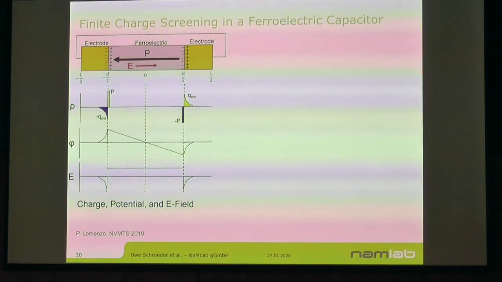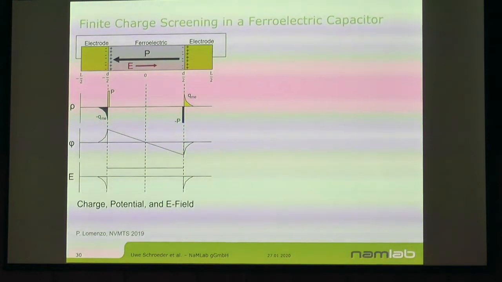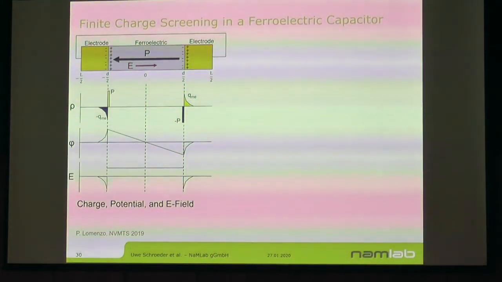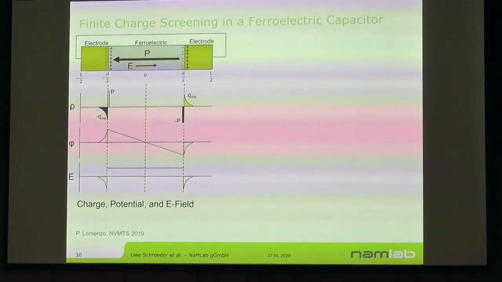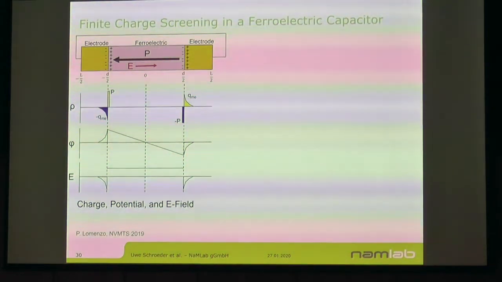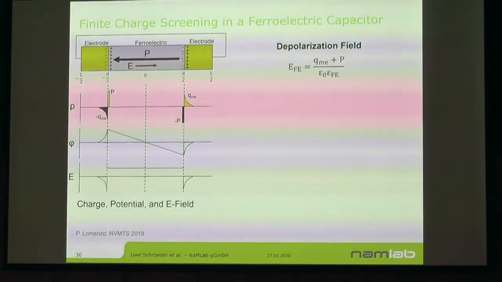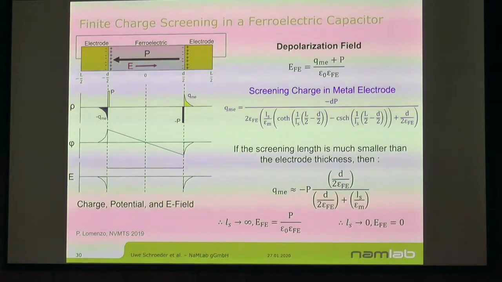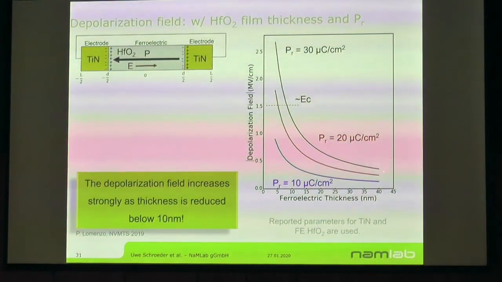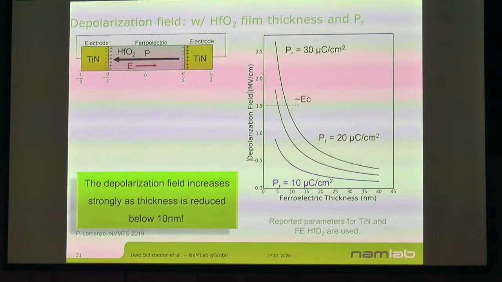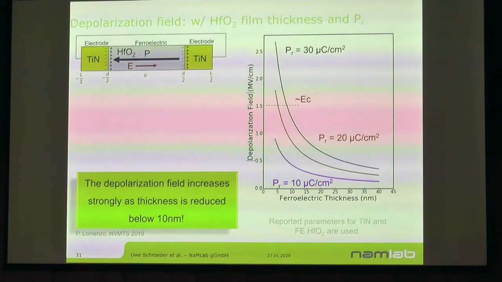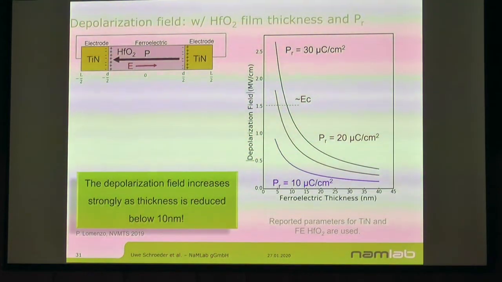There were 2 models we tried to apply. One is finite screening. You can see here that when we have the depolarization field, we don't have a complete screening charge right next to the dipole, and you get your potential and the E field. And you can calculate depolarization fields and screening charge. If you look at the depolarization field, you can see for films which are smaller than 10 nanometer that these depolarization fields, even if they're really small, can be larger than the coercive field and cause some